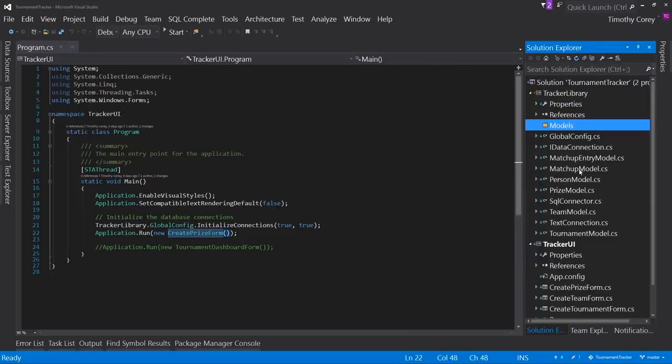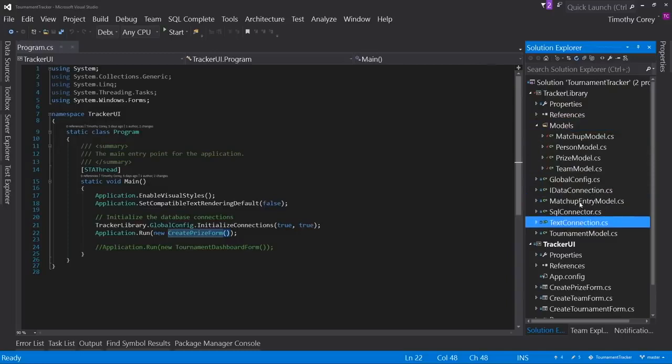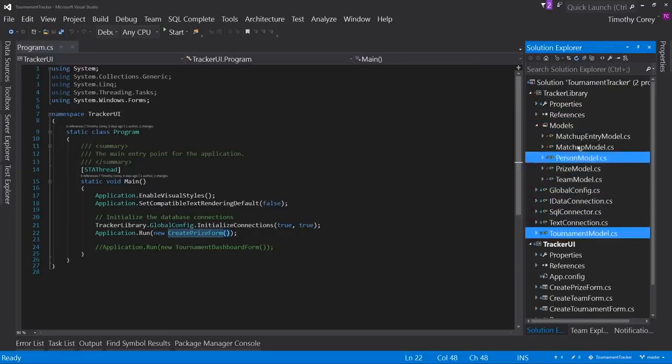And then I'm going to drag anything that says models at the end into this folder. Just click and drag. And there we go. So there's a folder filled with models, and that just helps kind of keep things clean,